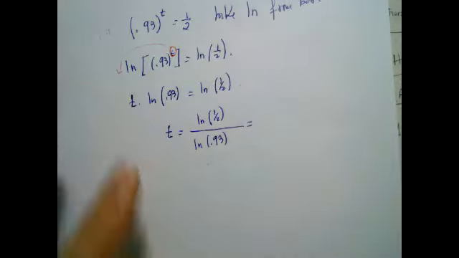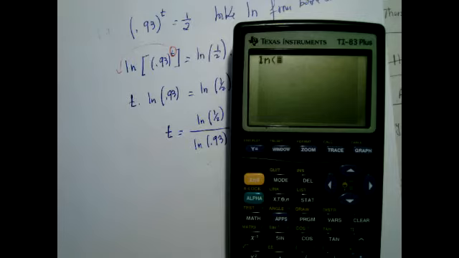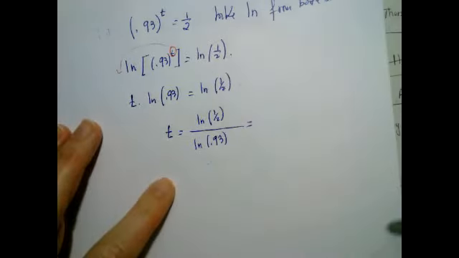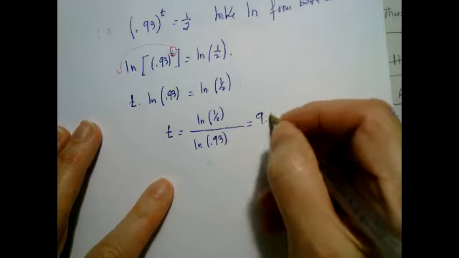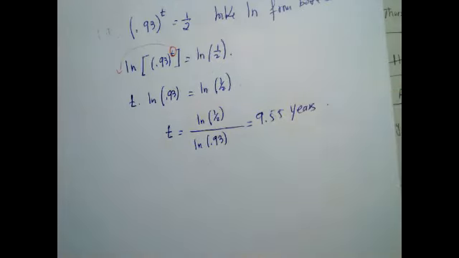And now we're going to see how long it takes for the population to reduce. So I need ln of a half divided by the ln of 0.93, and I will get 9.55 years for the population to be reduced to half its